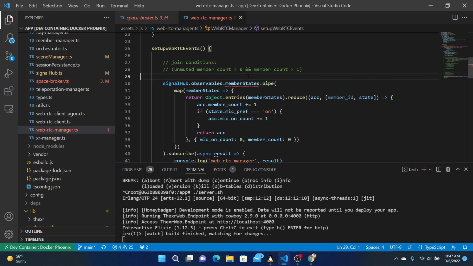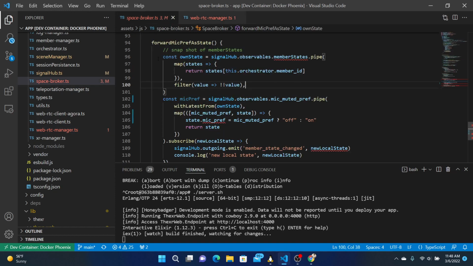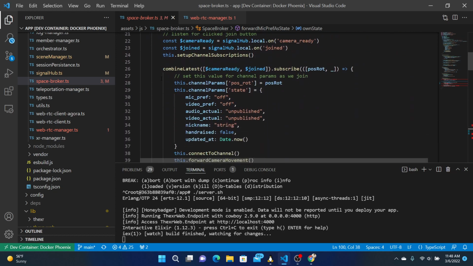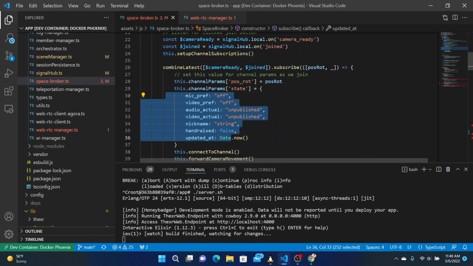So in the beginning, we create this default over in space broker, and we say we're going to send this thing, microphone off, not knowing anything about ourselves. We're going to send this off. And this might as well be a kind of, could be an observable as well. Anyway, we make this up, we send it over,